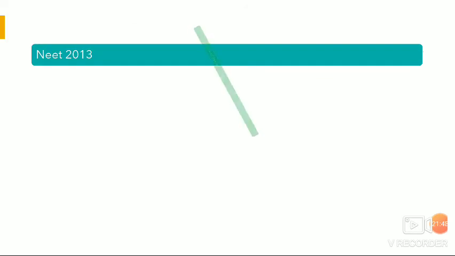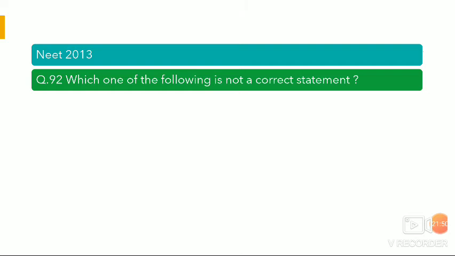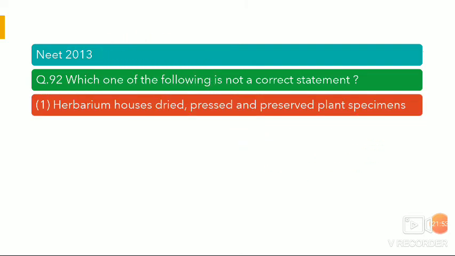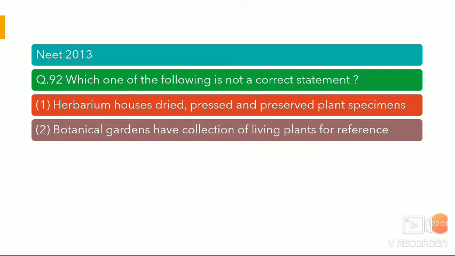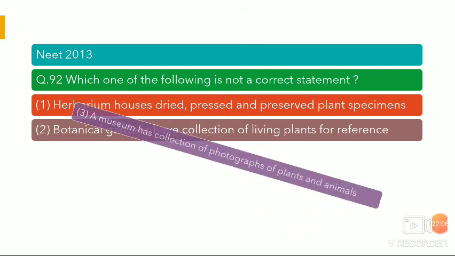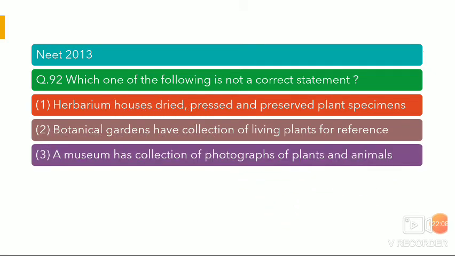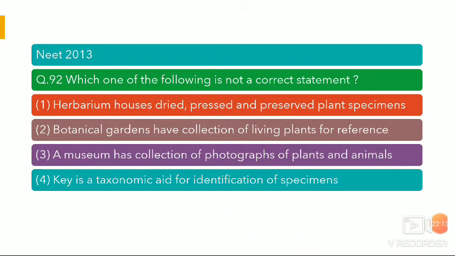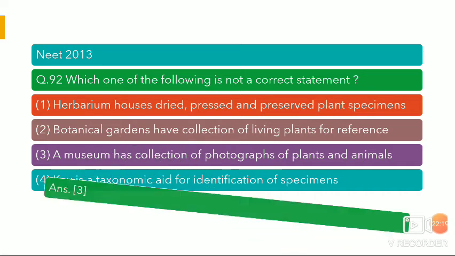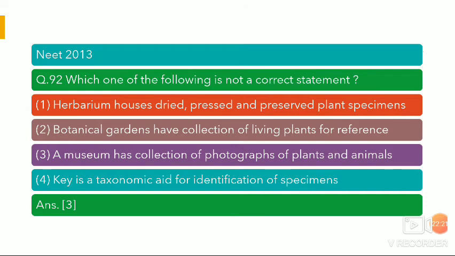So next one is NEET 2013. Question is, which one of the following is not a correct statement? Herbarium houses dried, pressed, and preserved plant specimens. It is right. Then, botanical gardens have collection of living plants for reference. Yes. Then, a museum has collection of photographs of plants and animals. No. Key is a taxonomic aid for identification of specimens. So we know that right option is third one. Okay, a museum has collection of photographs of plants and animals. Then